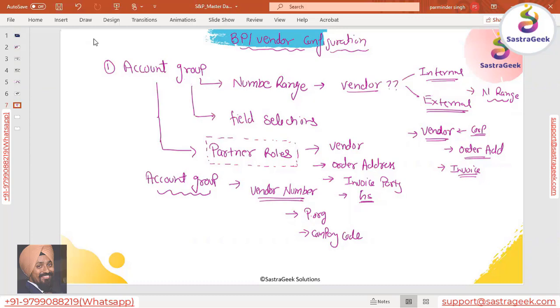Partner roles mean that within a vendor, you can have multiple functions of the vendor. There can be a vendor within the vendor. They can give you a separate ordering address. They have a separate entity which only supplies the goods, and a separate entity who does the invoicing to you. Those separate entities are linked together with the same vendor entity. That linkage comes from the partner roles.